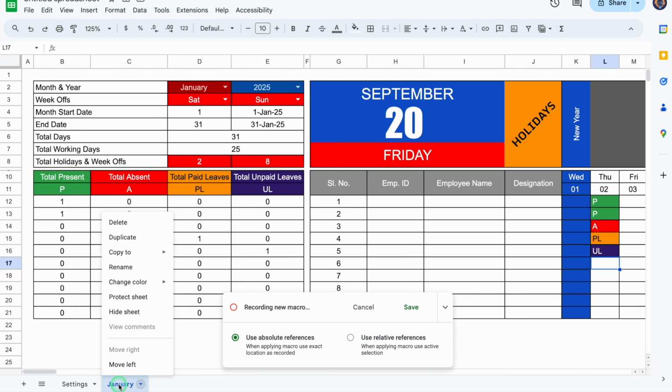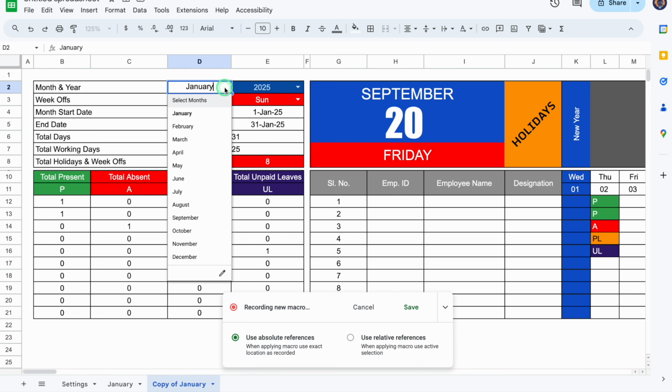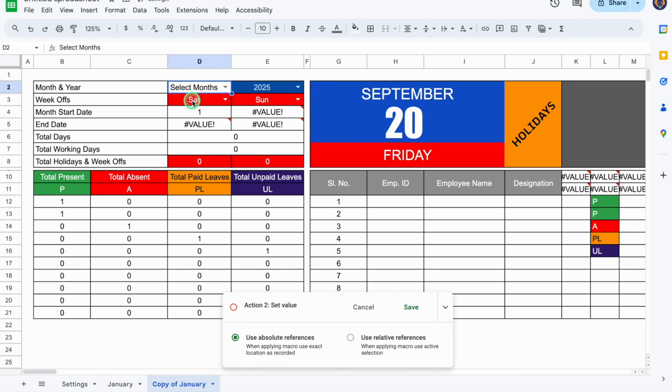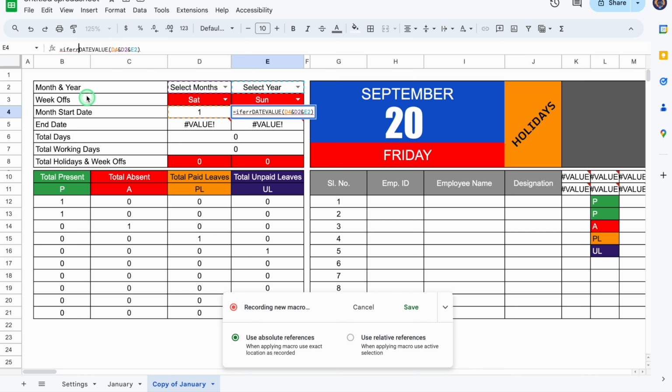We'll right click the mouse and we'll click on duplicate. Duplicate of January got created. We'll go on top, we'll click on January and we'll select months. We'll click on year and we'll click on select year. We can see some error over here. We'll click on the cell, we'll go to the formula bar and we'll insert the criteria of IFERROR. If error, bracket open, we'll come to the end, comma, double inverted comma twice for blank,